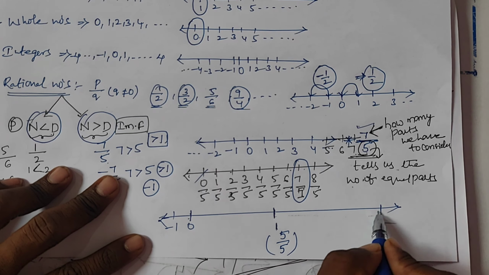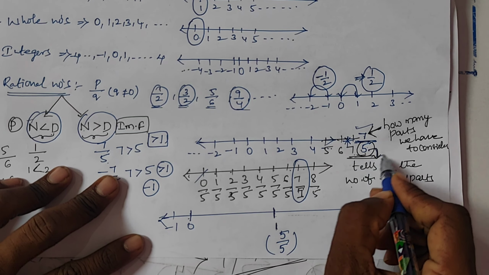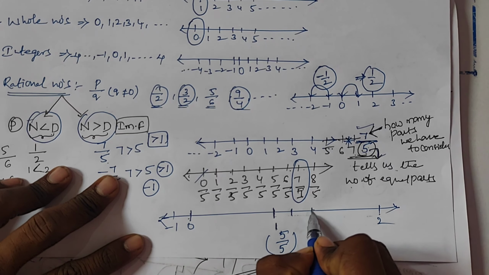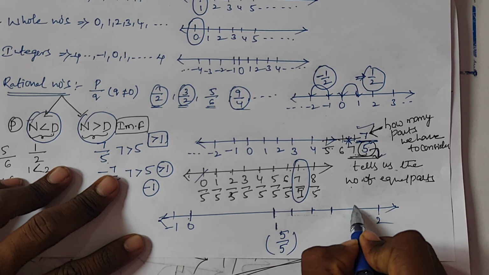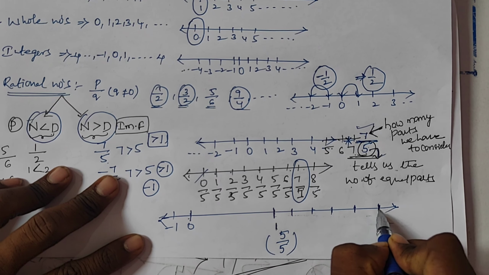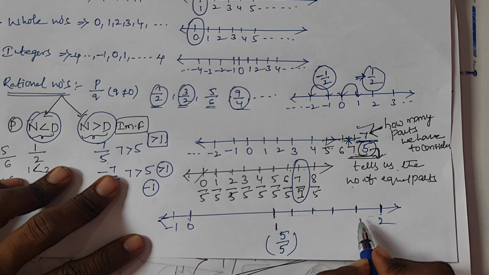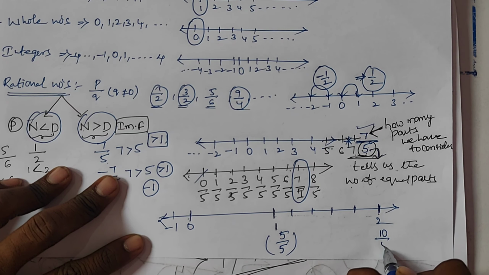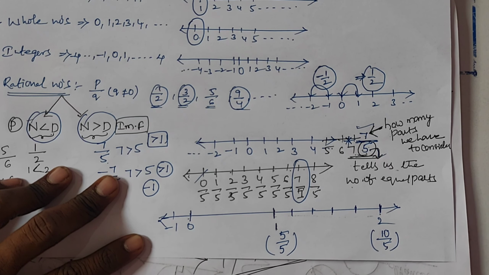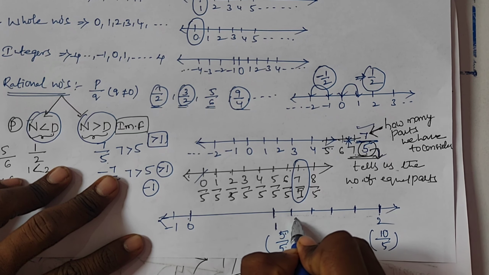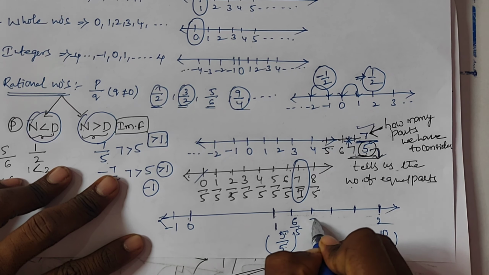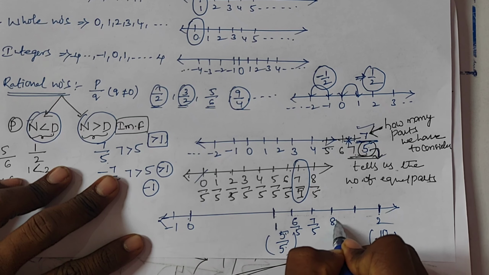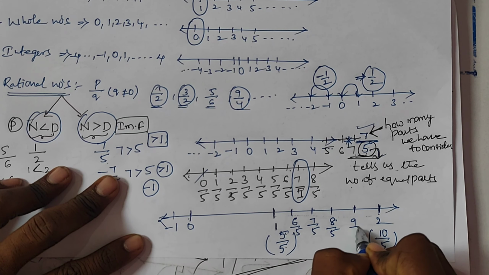Again here we have to divide how many equal parts, Nana? 5 equal parts. 1, 2, 3, 4 and this is 5. Okay, nothing but this is 10 by 5. Nothing but 10 by 5 means 2. So 5 by 5, this is 5 by 5, then 6 by 5, 7 by 5, 8 by 5, 9 by 5,